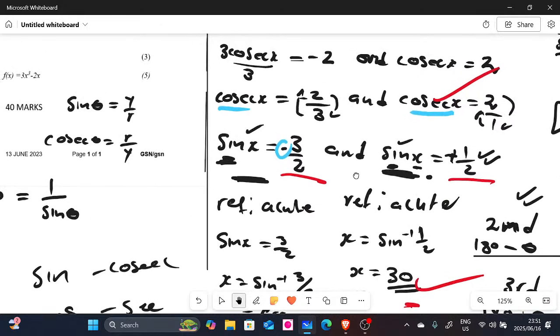I say a lot of things here, but let me just explain. So this is sec x equals negative 2 over 3, right? I said to you, you must change this sec into sine, because we want to be able to find